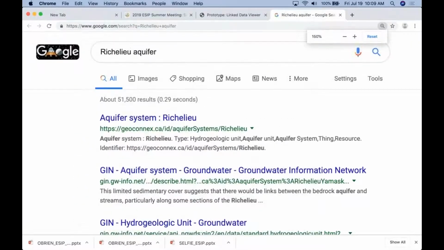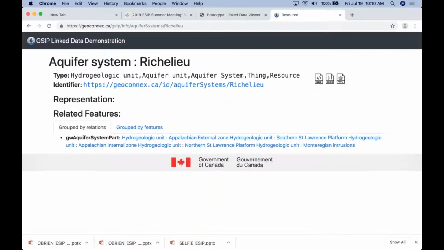Yeah. Okay. All right, so the first thing I want to show is if we go to Google and search for an aquifer, you can see this result here has aquifer system Richelieu, and the URL is this geoconnects.ca/ID. And if I go to this,